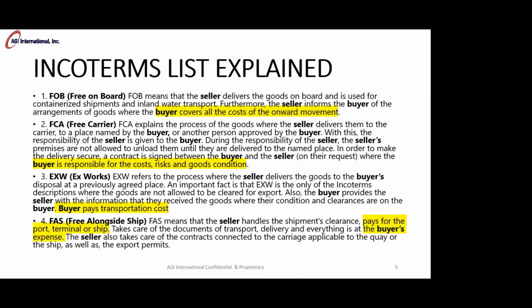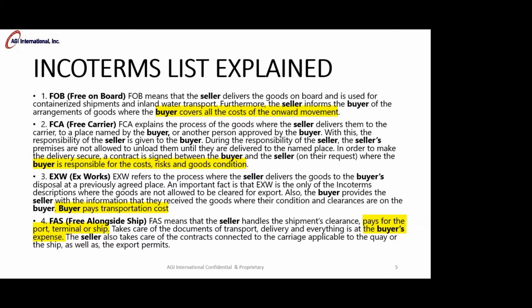They inform you as the buyer the arrangements that have been made. Buyer covers all the costs. Okay. FCA, free carrier, and we'll come back to some of these if you need to later on. It explains that process. Seller delivers the